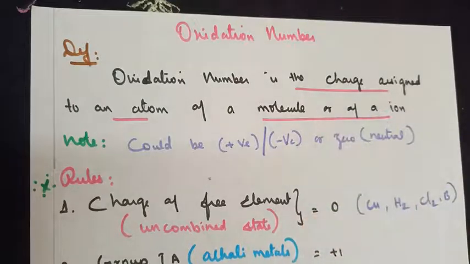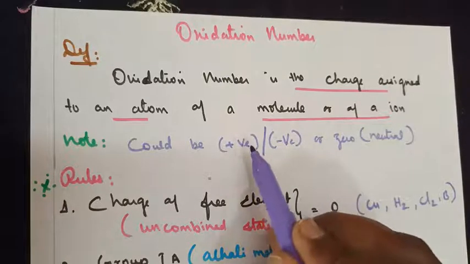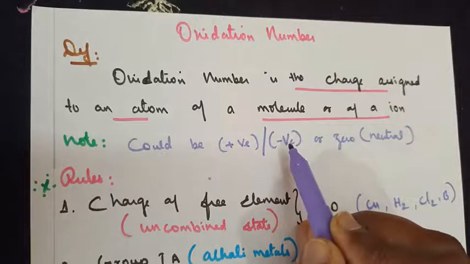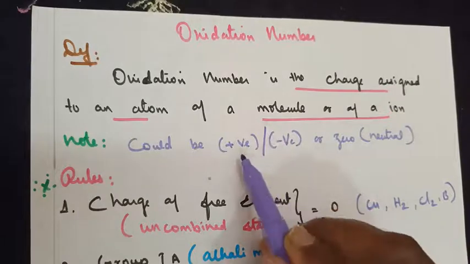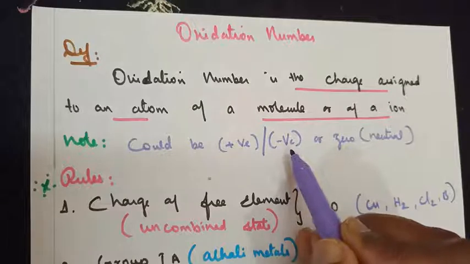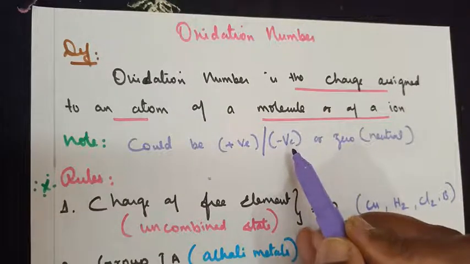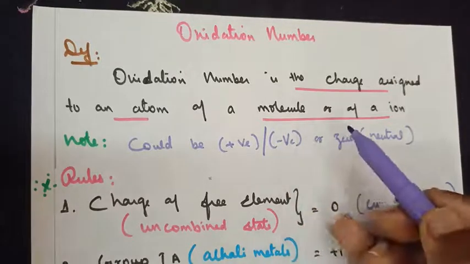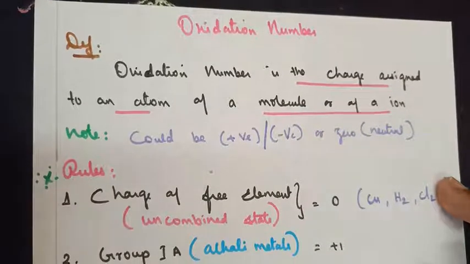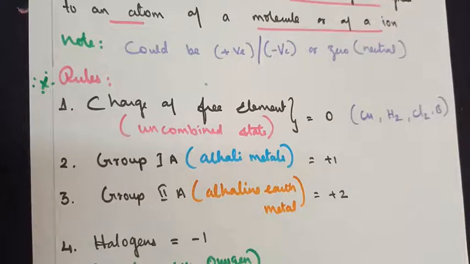As you have learnt in the previous class, redox reactions undergo both oxidation and reduction. What's the meaning of oxidation you have learnt? OIL, that it stands for losing of electrons. Reduction stands for RIG, that is gaining of electrons. So you need to identify which element is losing the electron and which element is receiving the electron. Only then will you be able to finalize whether oxidation or reduction has taken place. The concept is very easy provided you are able to remember certain rules and the tips that are provided. So let's directly move into the concepts given.